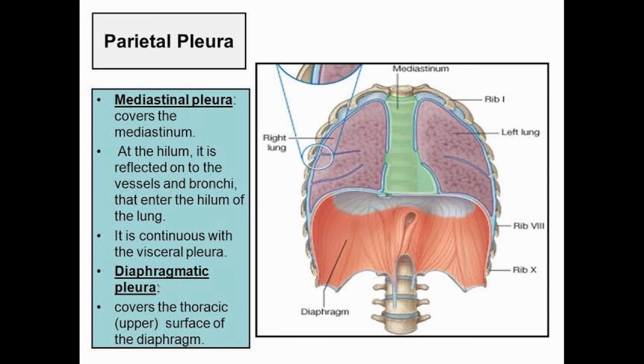So it is termed as a diaphragmatic pleura. You can easily learn that cervical pleura, that term is useful for the neck, and the costal is for the rib, and the mediastinal pleura covers the mediastinum, and the diaphragmatic pleura covers the diaphragm. It is important that you learn the diagram so you can easily explain everything.